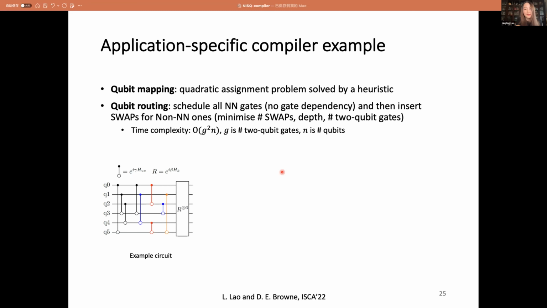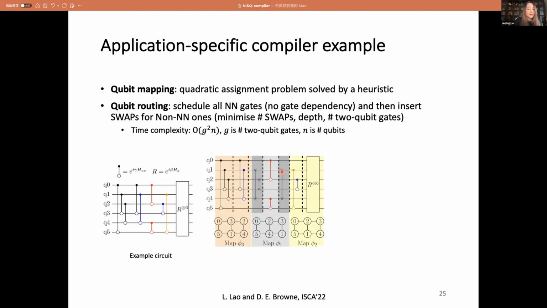So we could randomize these terms. And then in the routing pass, that means there is no gate dependency for these interactions. And given a qubit initial placement, we could schedule the nearest neighbor gates first on the initial qubit mapping, and then insert swap gates for the non-nearest neighbor ones.